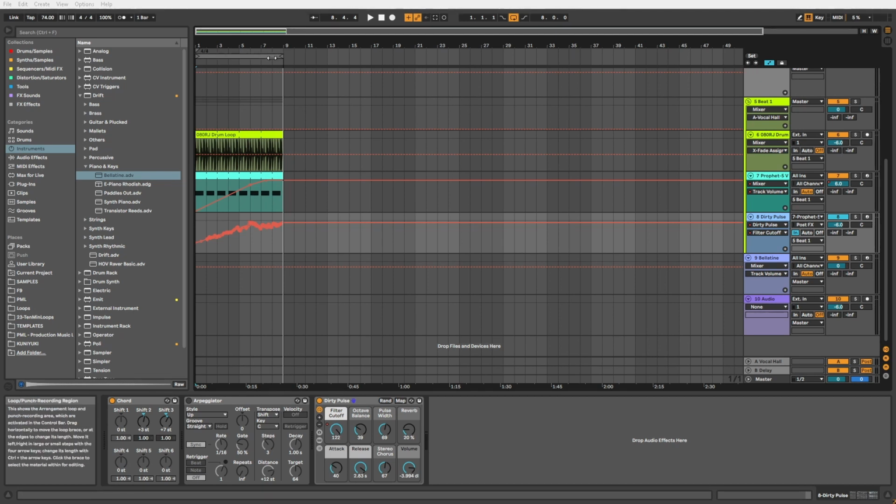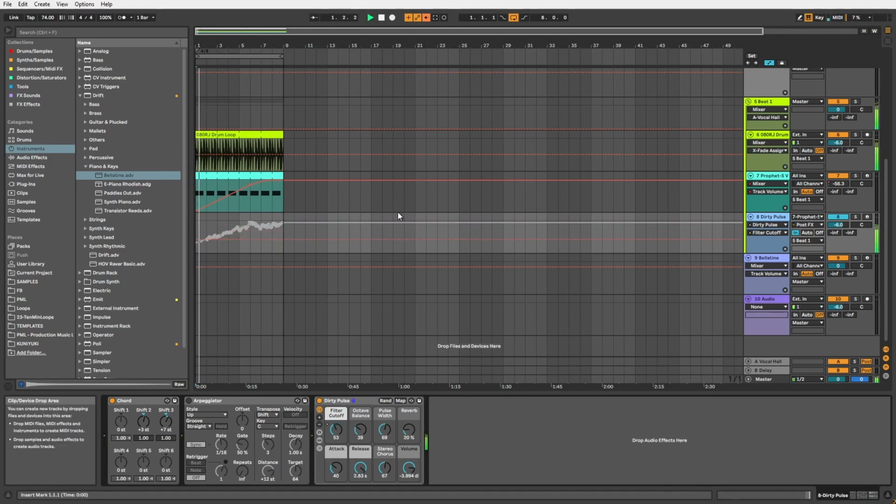Something else to pay attention to is if I move a parameter, say the filter cutoff here, and then I press play, it's no longer following the automation. You might be shocked. Oh no, have I overridden something? What's happened? Have I lost all this work that I've been doing recording automation? Not really. You just simply need to reactivate or re-enable